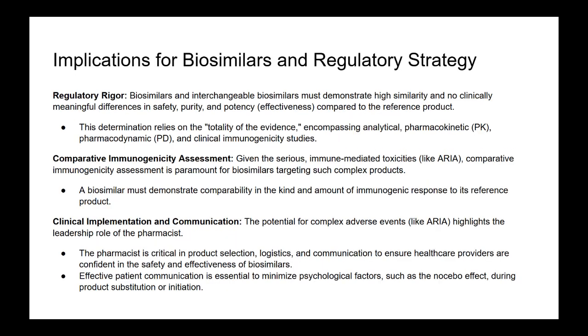Is the field adapting its approach based on this? Yes, absolutely. The toxicity signals seen with high-dose AAV, informed partly by experiences like ARIA with other biologics, are prompting a significant consideration shift in the gene therapy field. We're moving away from the initial, perhaps slightly naive one-and-done high-dose paradigm towards exploring strategies involving slower and lower dosing, potentially fractionated dosing, or developing more potent vectors that can work at lower, safer doses, all aimed at reducing systemic toxicity while maintaining efficacy. And what about managing the immune responses?